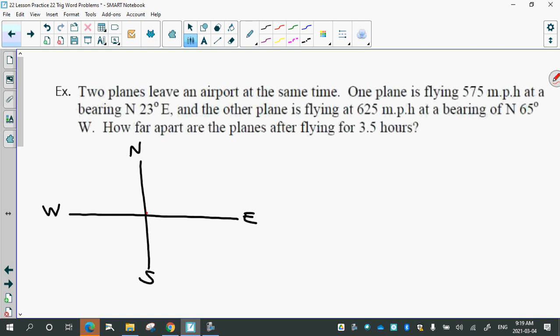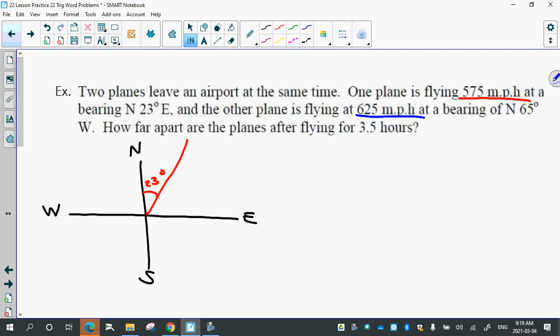But I think it's like this, where that's 23 degrees. So not halfway. And the 23 degrees is between the north and the line I drew. Pretty good there. So that's our 575 mile per hour plane. So now I'm going to draw on our